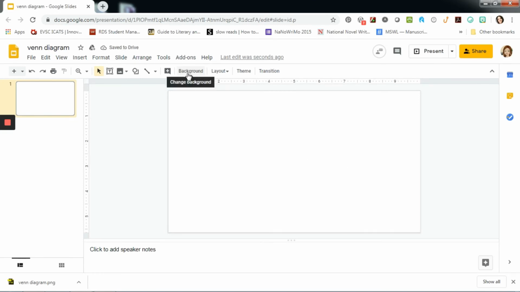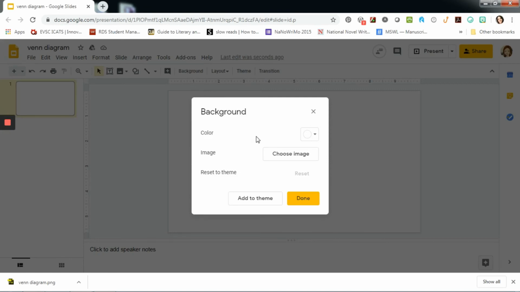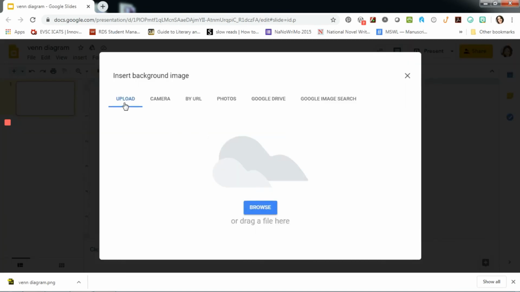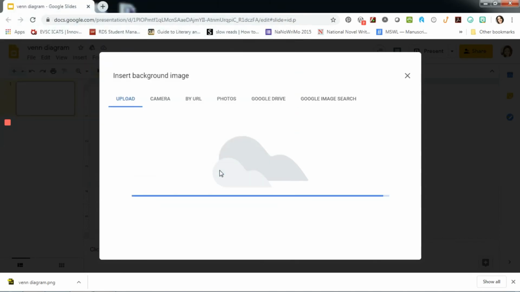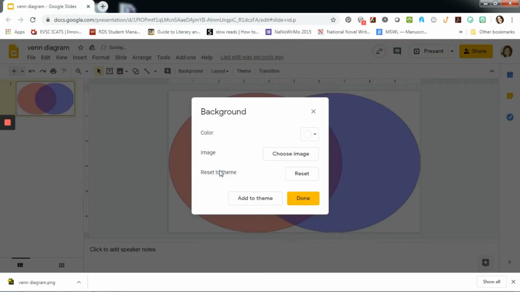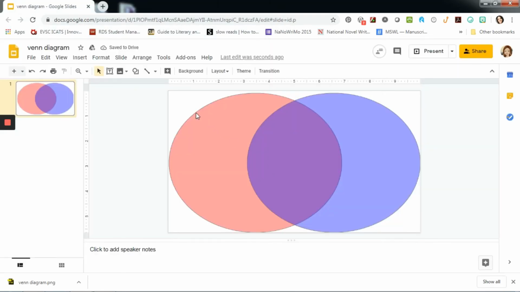Next, go to Background and upload the image that you just saved. This will make your Venn diagram a static image that students may add their text to without worrying about deleting